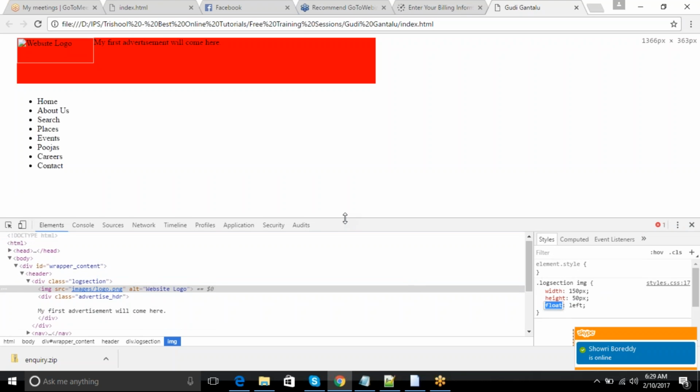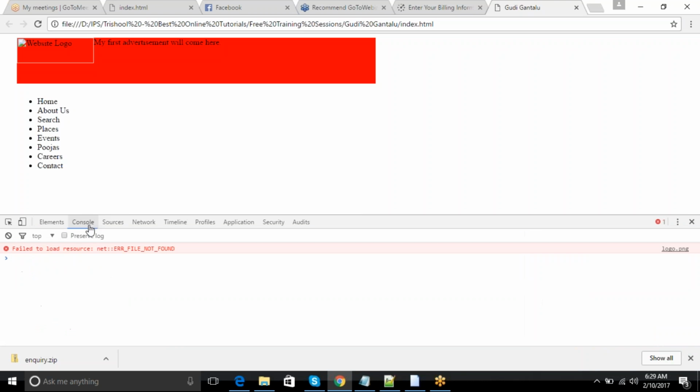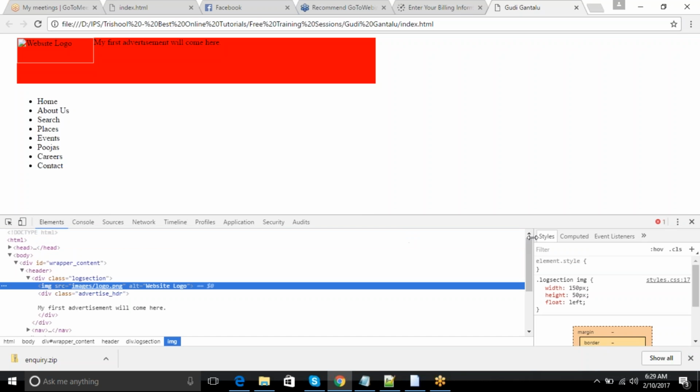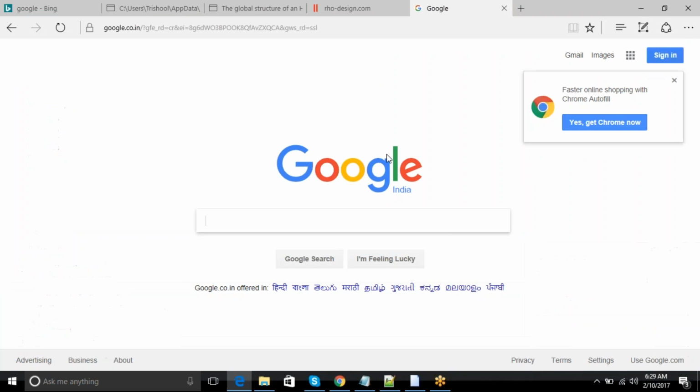Remember, whatever I'm working with right now is called inspect element, like a developer tool. Basically, you can use this for inspecting the HTML live. Once you have loaded the website, you can check in real time how the website has been loaded, how the CSS is applied to each section, and how the JavaScript has been loaded. You can check for errors if there are any JavaScript errors. You can check everything through the inspector element. You find it in every browser. If you press F12 or right click inspect element, depending on the browser. For IE, if you right click,